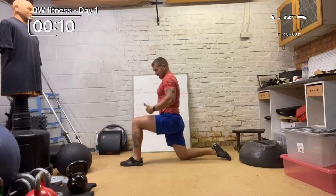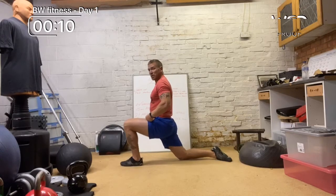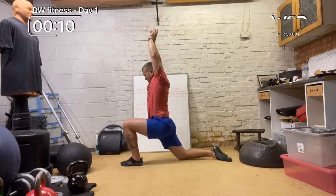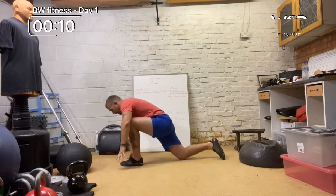There. In this good lunge position, squeeze the opposite butt. Lunge forward, push my hips forward. Rib cage stays down. Reach up. Head through. Good. Okay, so from here,